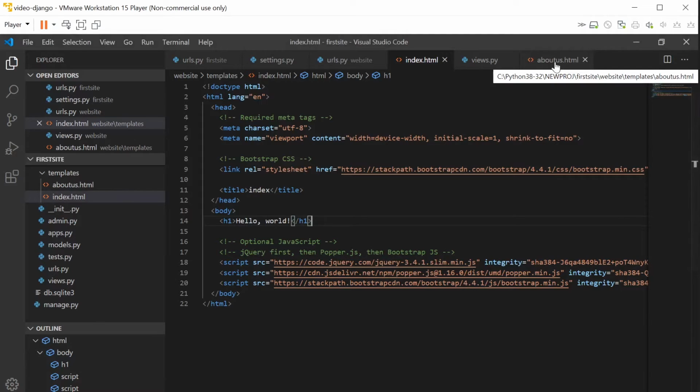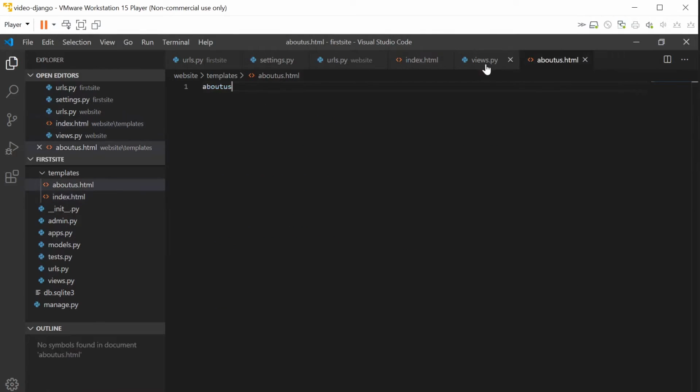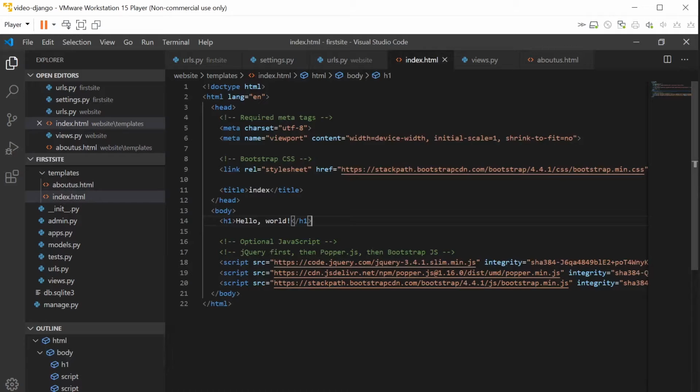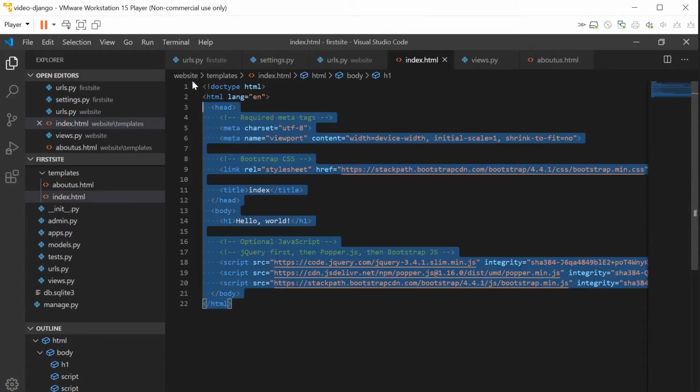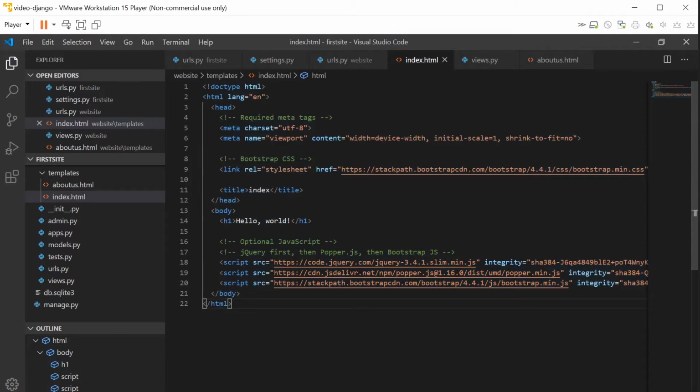And now I need to do the same for the about us page. So Django has a built-in template system, so we don't need to keep copy and pasting code from each page to the next. To improve reuse of code, we're going to use the template system now. So I'm going to show you a simple kind of create a base template, and we're going to import that into every page. So if I go to templates,